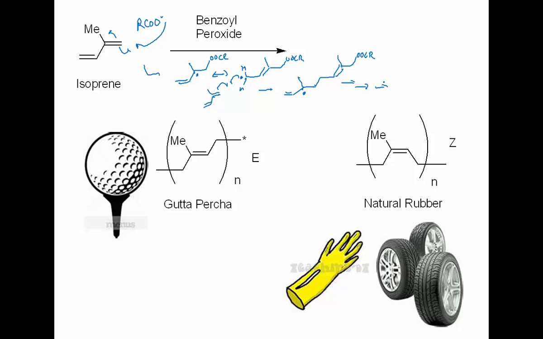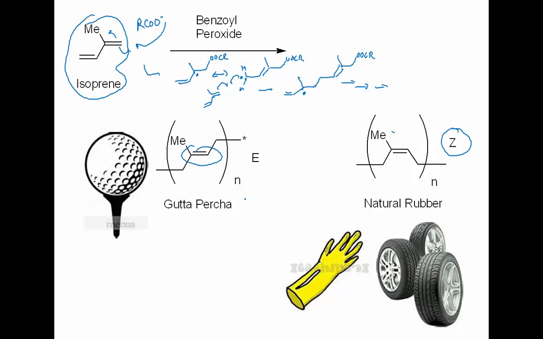Okay, it's critical. This is a very simple diene, 2-methyl-1,3-butadiene, known as isoprene. And this is nature's building block. Okay, if you look at natural rubber, it's actually the polymer of isoprene, but purely of the Z geometry. Okay, if we look at the E isomer, this is another polymer known as gutta percha, and these two polymers have very different